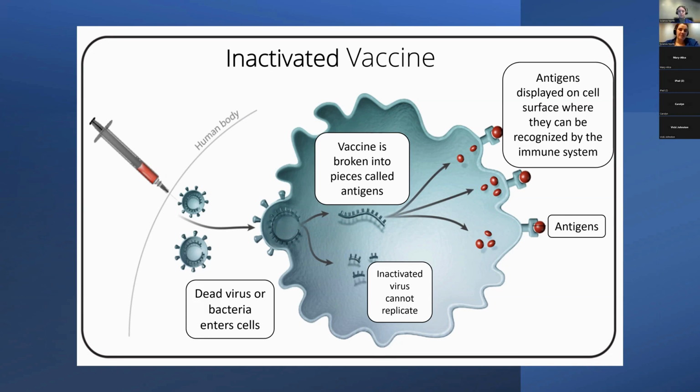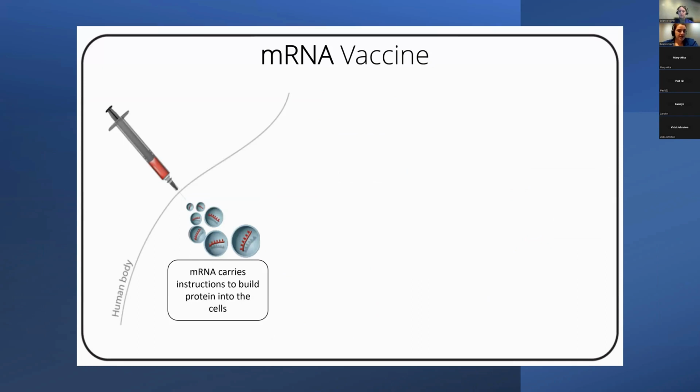Your immune system is going to bind to those antigens and create an immune response that is going to prevent, or essentially learn and remember how to fight off, any diseases that have those specific antigens. Very, very cool. Some examples of these are polio vaccines, rabies vaccines, and some influenza vaccines are inactivated types of vaccines. And then we'll dive into one more specific type of vaccine, which is the mRNA vaccine.